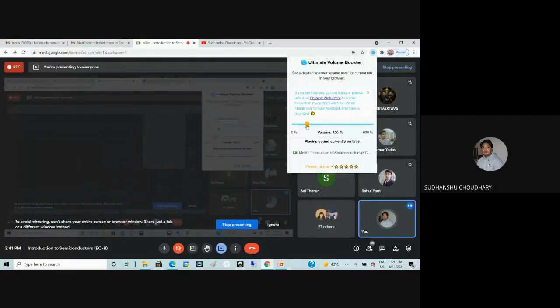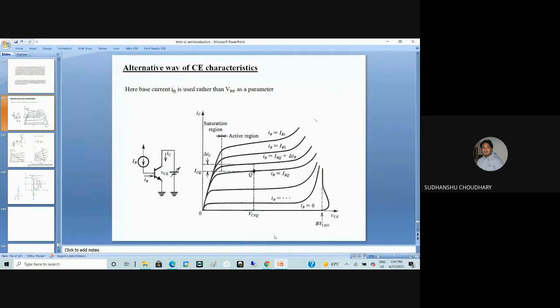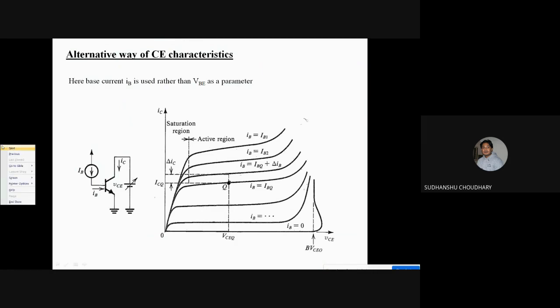Sir, I just wanted to cover one more topic. In fact, that has already been covered for MOSFETs, but I thought that I should talk about the same for the bipolar junction transistors also. And that is actually the biasing of the bipolar junction transistors. We had studied how to bias a MOSFET, I think in lecture number 25. Maybe let us check.